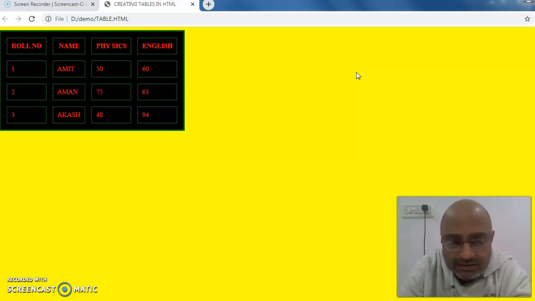So notice, children, the table appears brighter, and this is how we can change the background color of the table as well as the border colors.